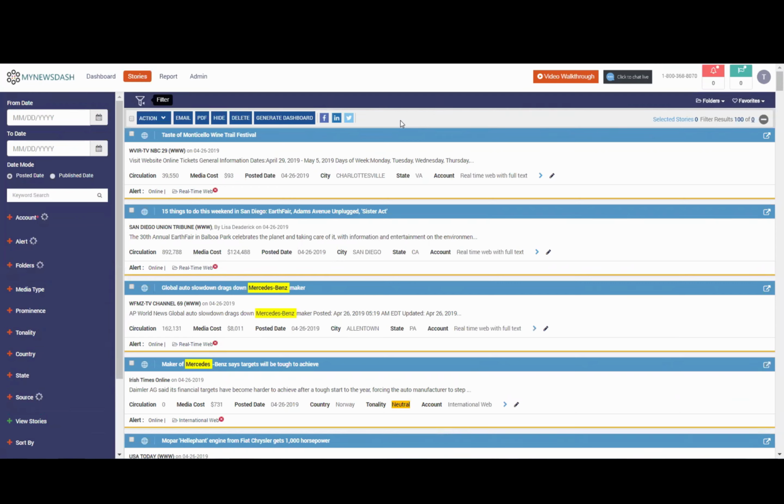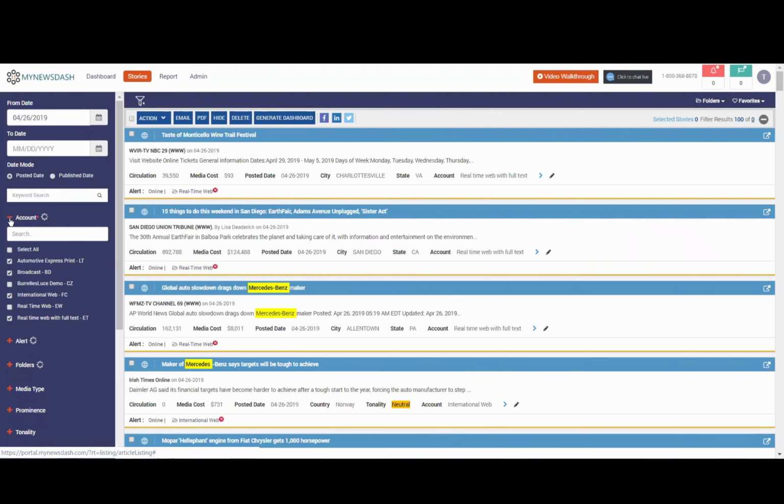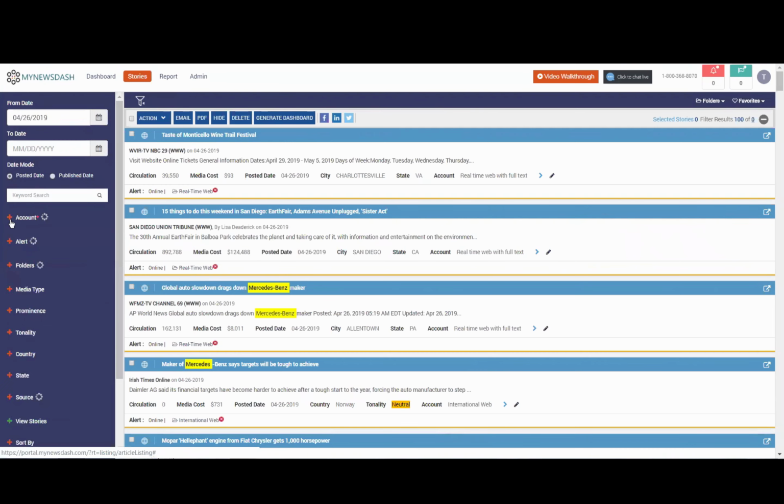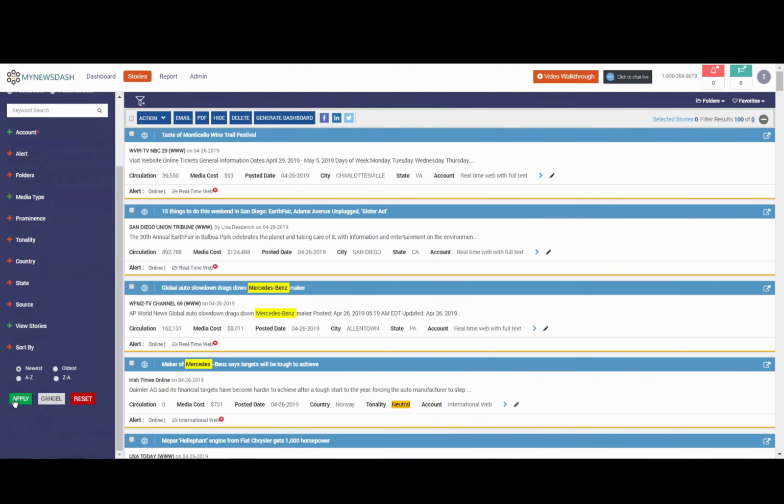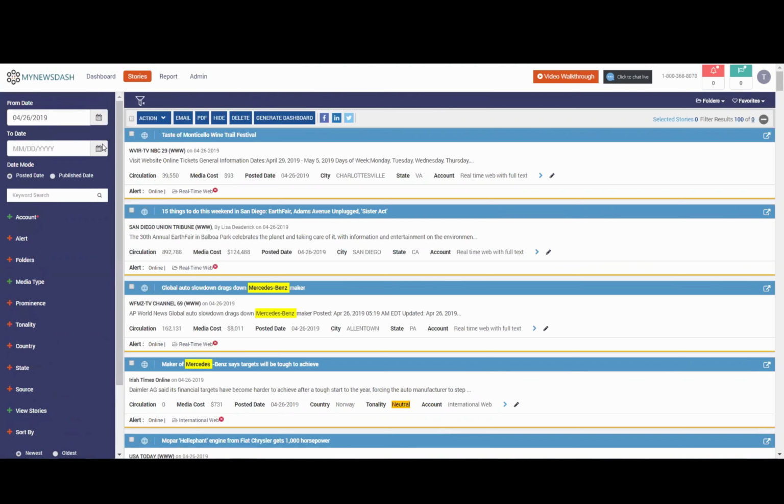Many of you may only have one account or agreement. Some of you may have multiple. You can filter these results by setting a date range, by clicking on the calendar or keying in a date range. You can also filter on the specific account or accounts that you want to view. You can even filter on specific media types if you only want to see print media or web media, and so on. Once you set those filters, you would click the apply button here,